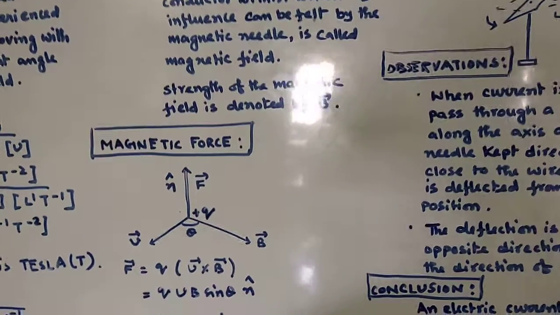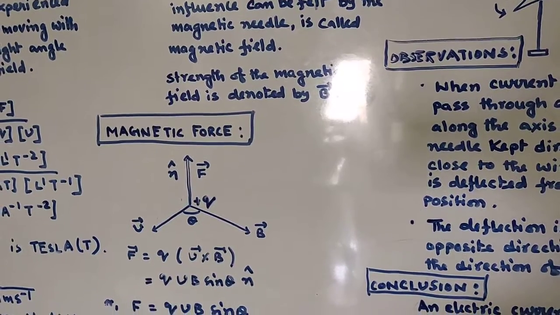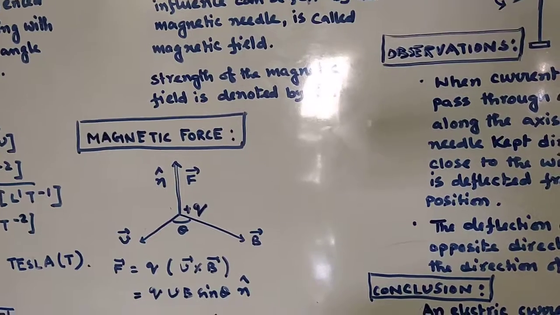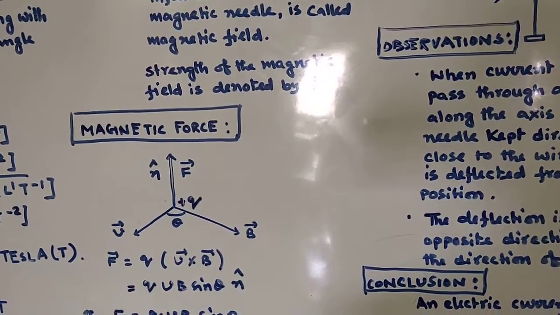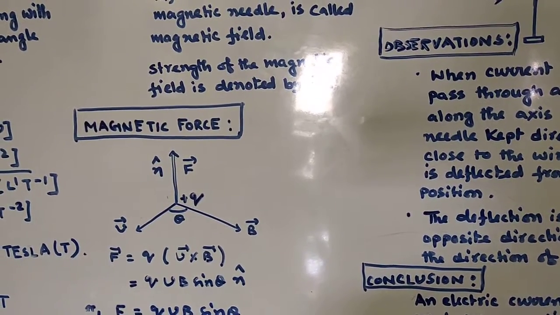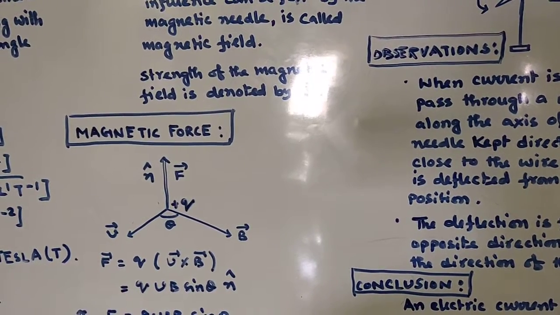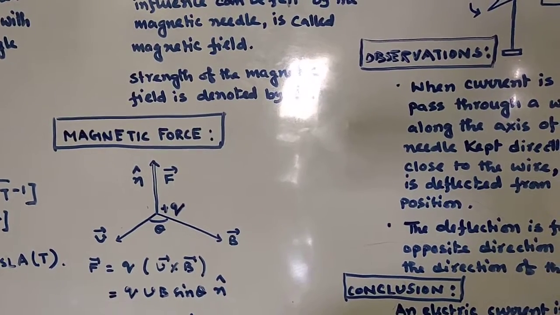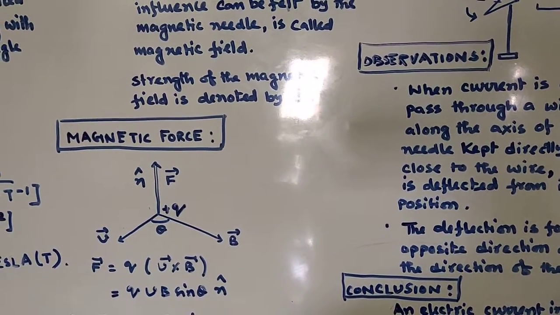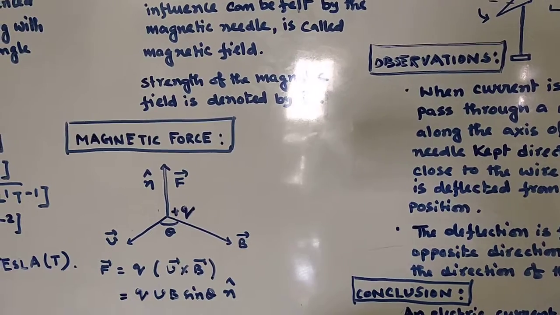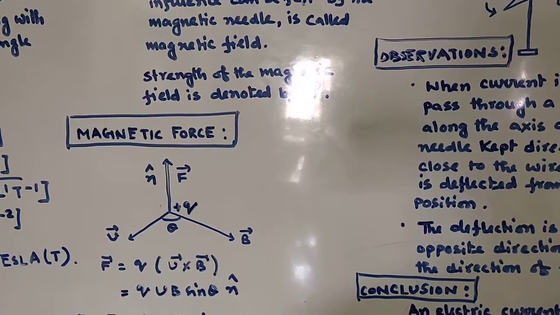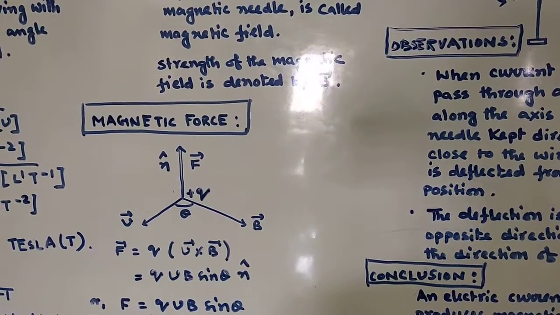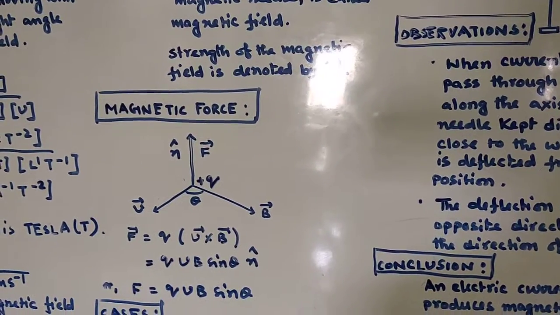You do have a positive charge, and the positive charge is moving in a particular direction with velocity v vector. As the charge is moving, there is a current, and from Oersted experiment, as there is a current, there is a magnetic field. So there is a magnetic field due to the flow of charged particle, and there is already an existing magnetic field, that is your B vector. So the two magnetic fields interact, and as a result a force results, and that force is specified by F vector, and F vector is specified by the expression Q V vector cross B vector, and the direction, I think you know, comes from the cross product.